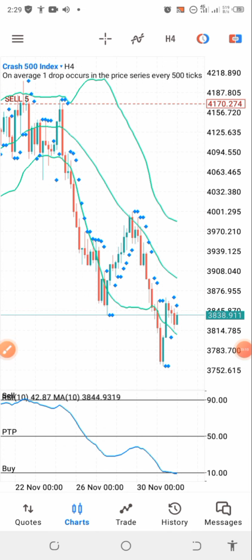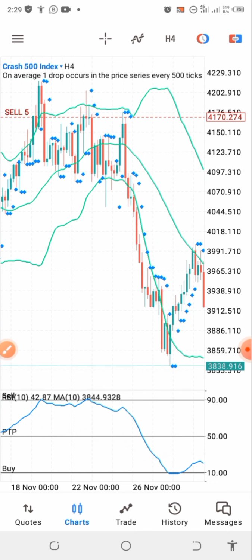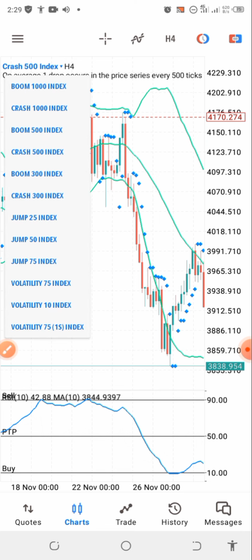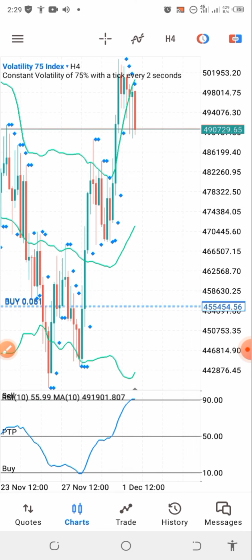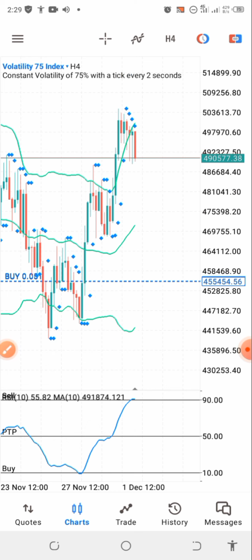So with that being said, that's it for the trade. You can see the strike sniper entries, and the VIX as well. The VIX 75. Let me show you guys how to do the trade of VIX 75. You can see it's also a sniper entry, guys. The VIX 75 is also a sniper entry.